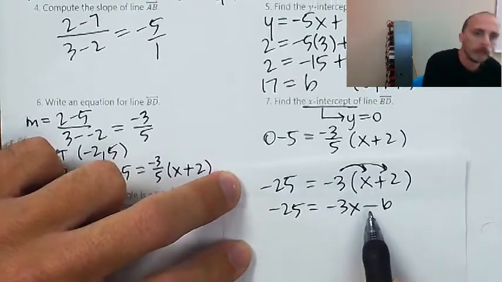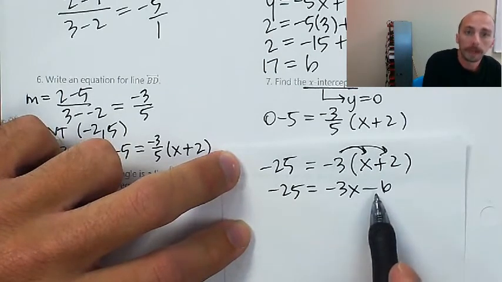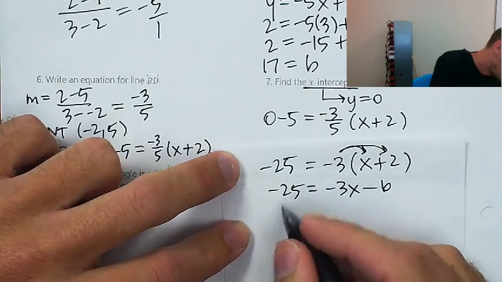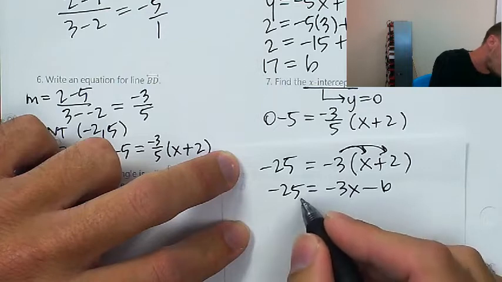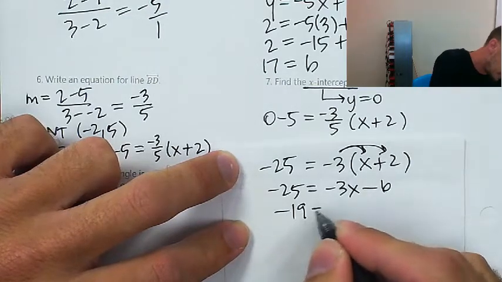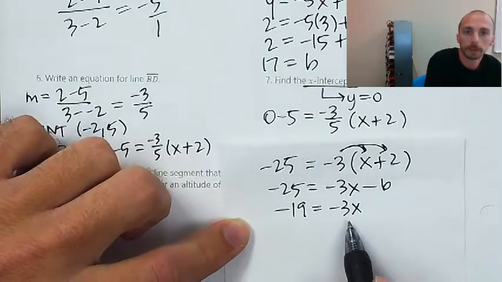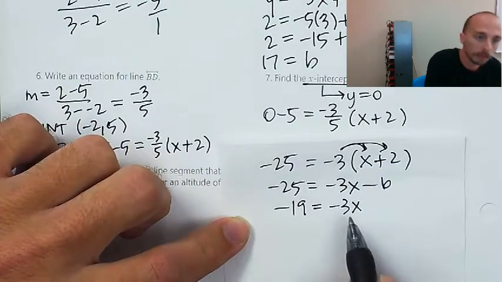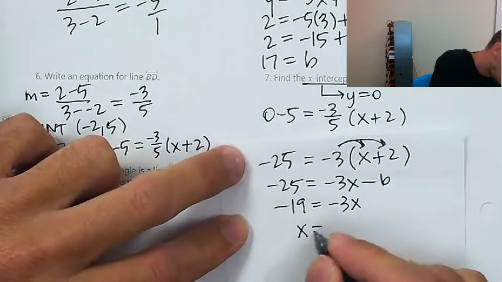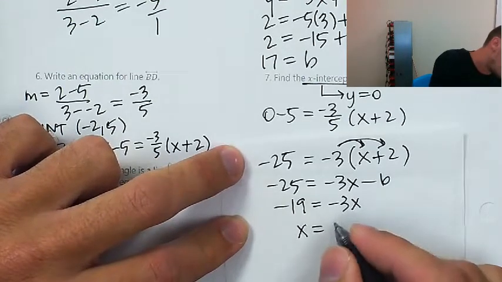Okay, good there. Now we're going to start solving for x by adding 6 to both sides. So negative 25 plus 6 is going to be negative 19. And that'll be equal to negative 3x. And if I want to solve for x, I'm going to have to divide both sides of this equation by negative 3. And so I'll say, all right, x is going to be negative 19 over negative 3,